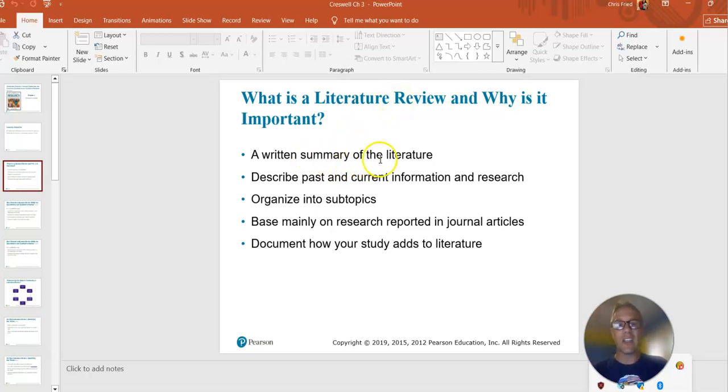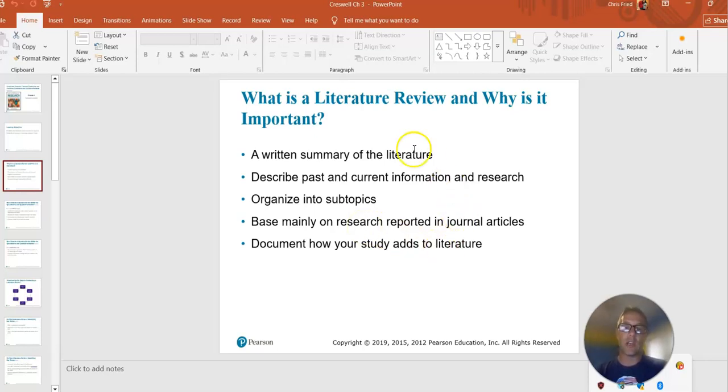So, a written summary of the literature. What is literature? Literature is research articles, books, things that are connected, material and information that is connected to your topic. Okay? So literature will describe past and current information and research. It gets organized into subtopics, based mainly on research reported in journal articles, and then also document how your study